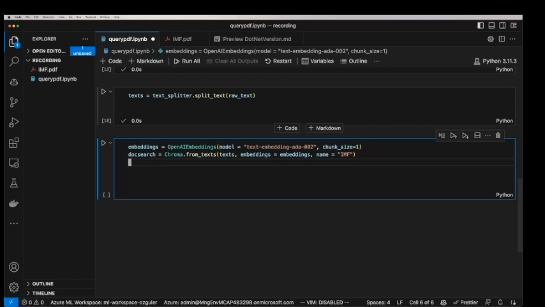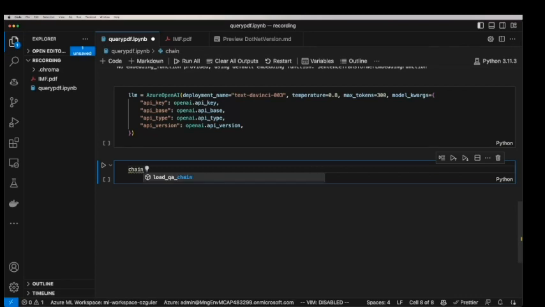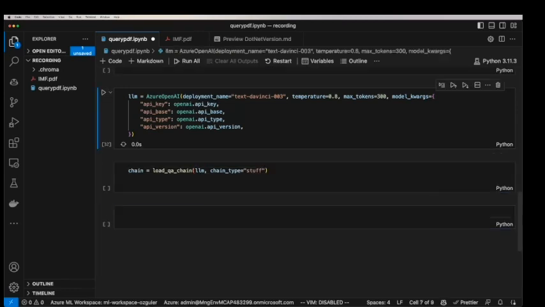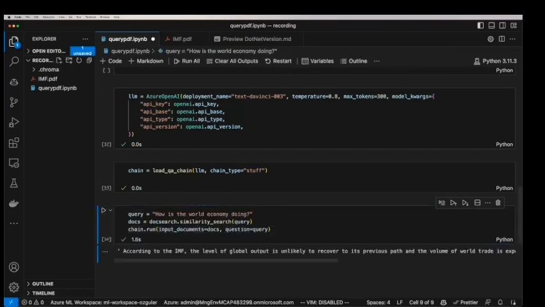Creating the embeddings takes some time, so I'm running the cell. Next, I'm defining my LLM, which points to an AzureOpenAI endpoint. And finally, I'm defining my Langchain chain. This is a standard stuff chain. Next, I will quickly execute my cells and submit a prompt which will trigger my Langchain chain. It will do a semantic similarity search within my embeddings of the document stored in the ChromaDB, and here I'm getting a response, so this runs well.